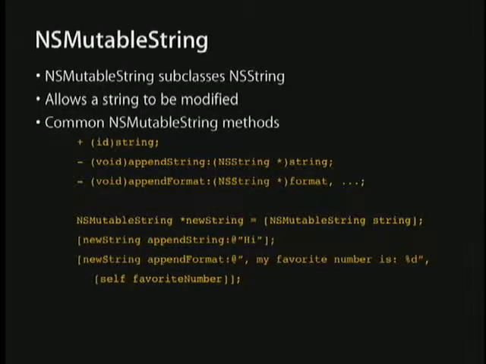And then there's also a mutable subclass of NSString, which gives you basically the ability to do a lot of the stuff that we just saw there, but without creating new copies of the string. So you can append things to the mutable string without actually creating a new instance. It just modifies the existing one. All the ones we just saw before, the convenience methods on NSString, actually returned a new instance of a string. If you start out with an NSMutableString, you can get one by calling just NSMutableString string. And then from there, you can append strings, you can append formats, just the same as you could with the convenience methods to get new ones, but they're just modifying this one object. So you can get your string, append "hi", and then append some more stuff.